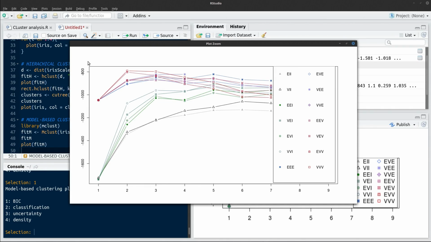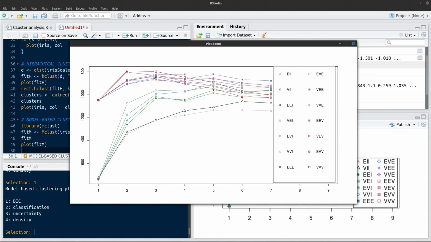So the higher this value is, in theory, the better the model is performing. These lines all represent one of several statistical models that the software has fit to your data across the different numbers of clusters. And so basically what it does is it looks at the model which performs the best, the one with the highest BIC, and which in this case is VVV, which remember is the one that it told us it was using. And it also finds the point at which